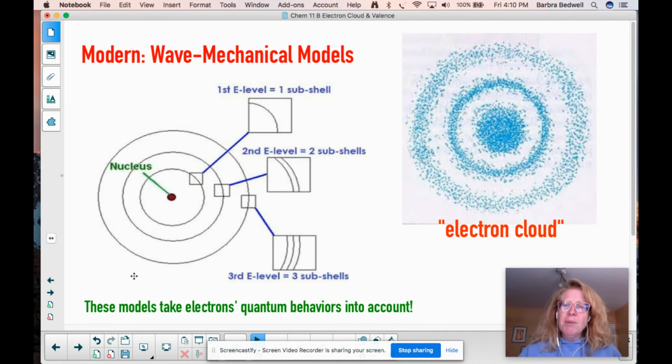And as we do this now, these people that came later, these were the guys that were starting to use this quantum mechanics. If you start to hear them throwing that quantum behavior in there, this is what we're starting to talk about: these modern models are starting to treat electrons more like the weirdness that they actually are. And it's really good to think about electrons as sort of being halfway between matter and halfway between light. They definitely have behaviors of both in a way that's really interesting.